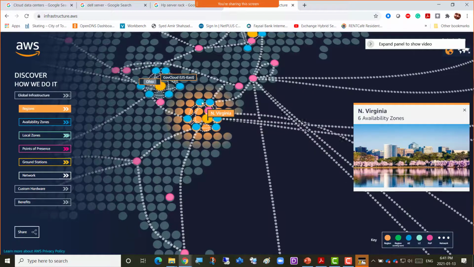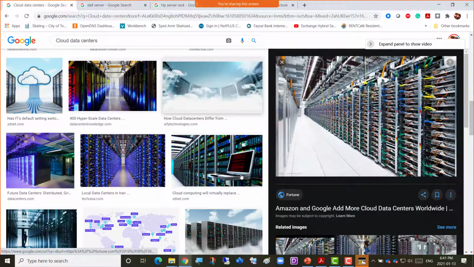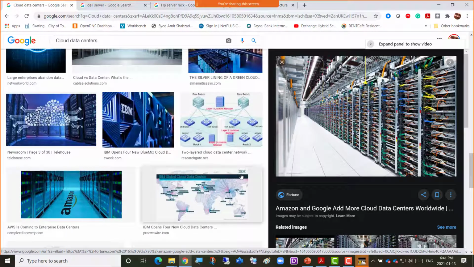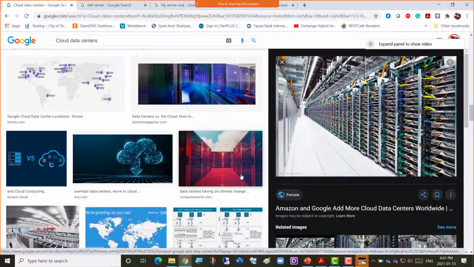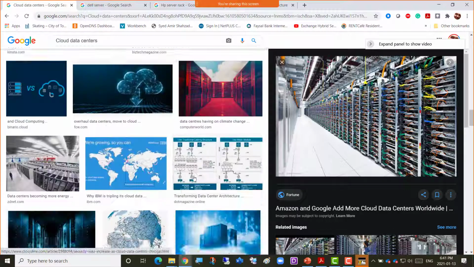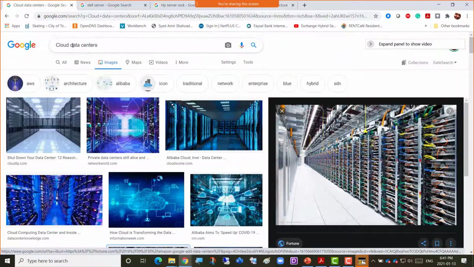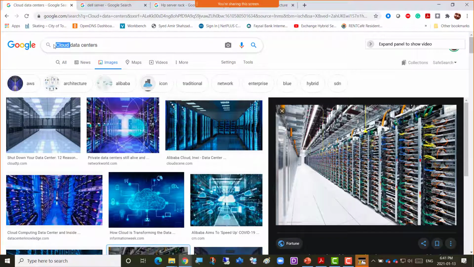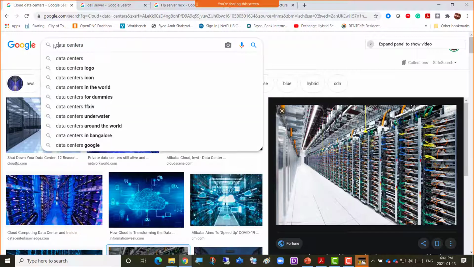So there could be 5 data centers here, and we talked about data centers already. How does a data center look from outside? In fact, we didn't see that. So I'm just going to search for data centers.